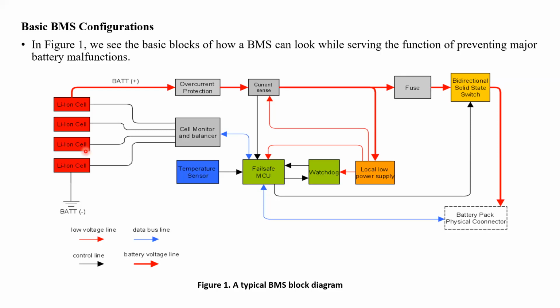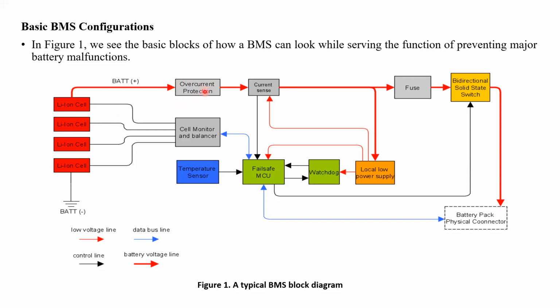Then the load is applied more on one cell and decreased on the other cells. The cell facing the high load will have its temperature increase, and due to this there is a chance to damage the cell. That's why we have to maintain equal voltage and equal current sharing in each cell. Clear? That is one of the main functions of the battery management system.